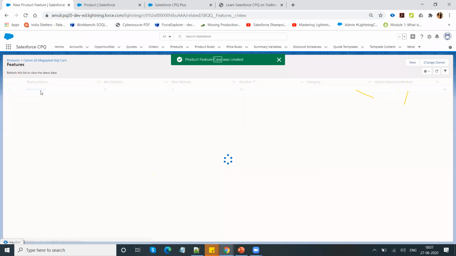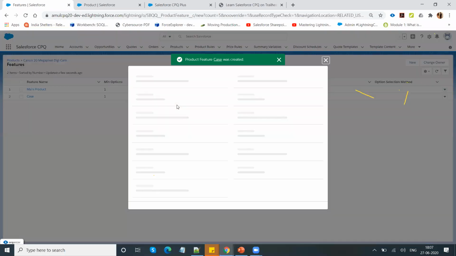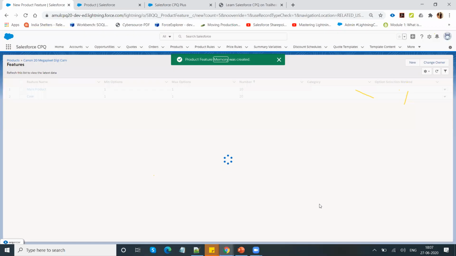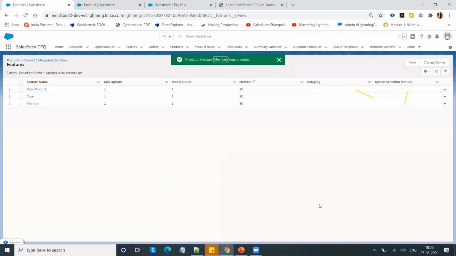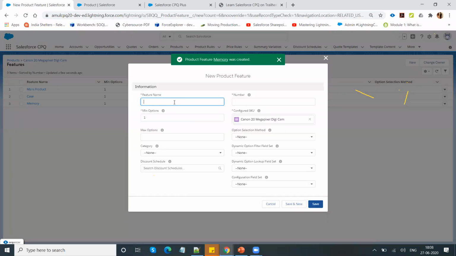So I have main product, which is the camera product. I have a case, another category. Then I have a third category called memory. This is my third display called 30. Minimum 1 and maximum 1 I'm putting here. And click on save. I'm going to create another feature called warranty and support.